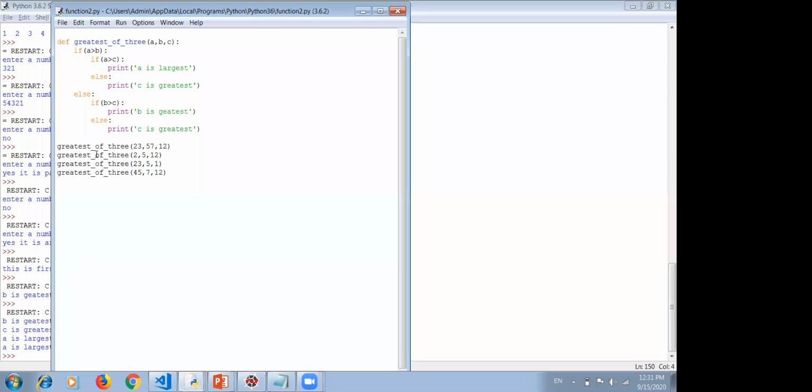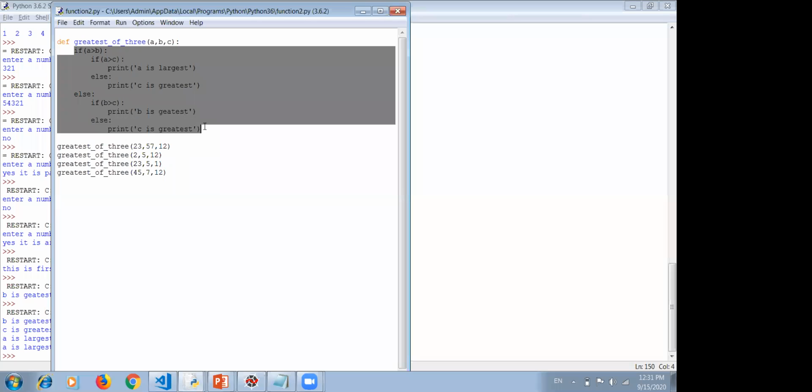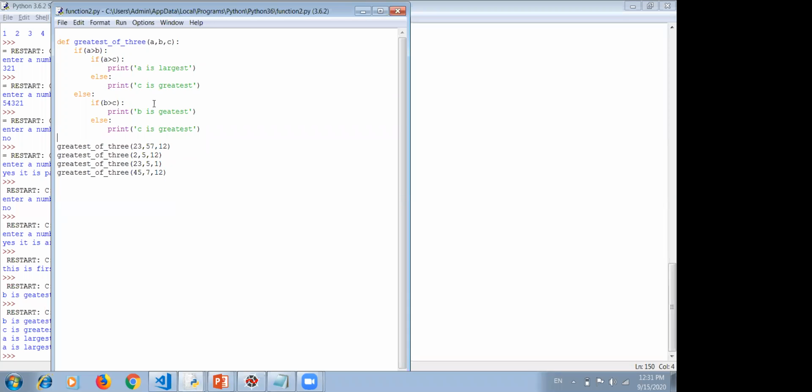It means 4 times, whenever we call the function, the control goes to this point and this code is executed. It means this whole code has been given a common name, and that name is called a function. I hope all of you understand this, that this whole code has been given a common name and that common name is called a function. So whenever we use that common name, that means we call the function, this whole code will be executed. So if we have called it 4 times, then this code has executed 4 times.